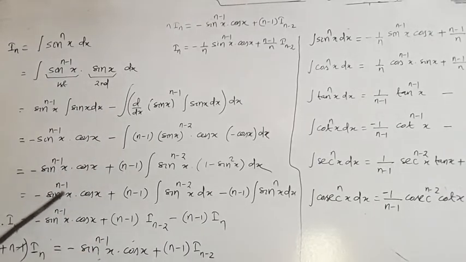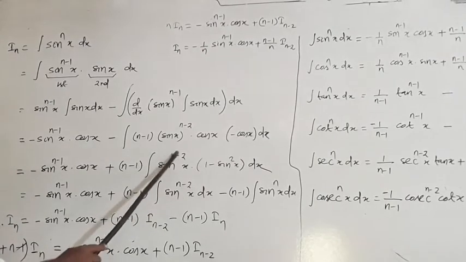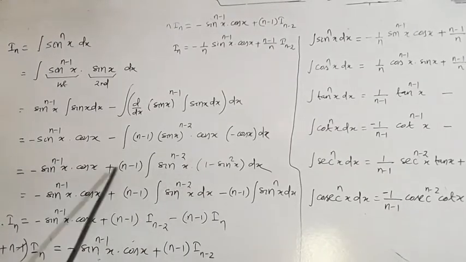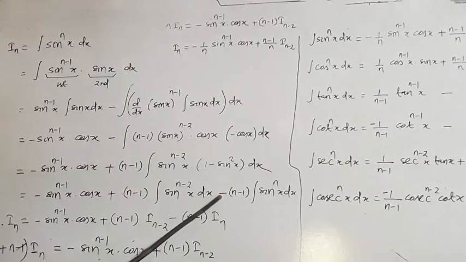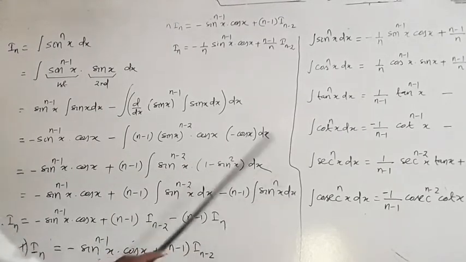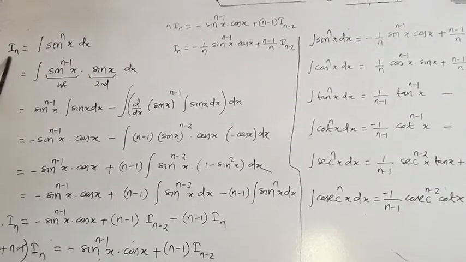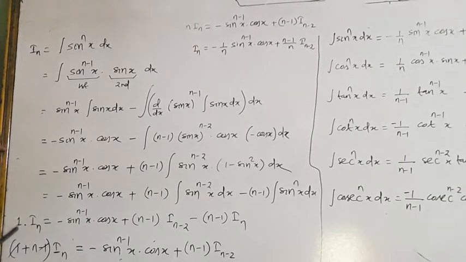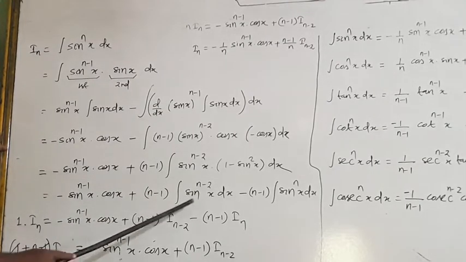Now sine power n minus 1 x cos x plus n minus 1 sine power n minus 2 x into 1, that is sine power n minus 2 x dx, minus plus minus multiplied will give you minus n minus 1, coming to this position, sine power n minus 2 into sine square, it is sine power n x dx. Now look properly. Coming to this position, it is In, that is 1 into In. Minus, this is written exactly in this place; what is written here? Plus n minus 1, and what is this?